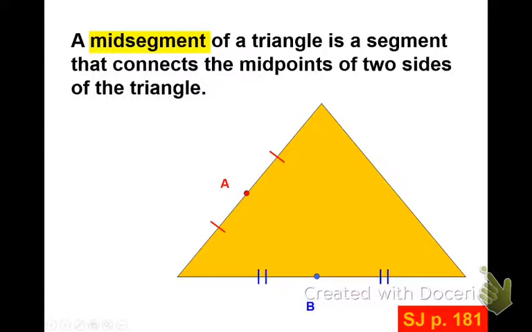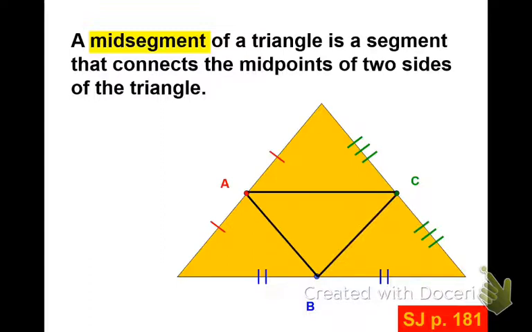And then the same thing with the bottom midpoint. We'll call that point B. You want to also write that it is congruent. All right, and then the same with, we'll call it C. So a mid-segment connects two of the midpoints together. Like that, like that, like that. All right, so each of these pieces is called a mid-segment,